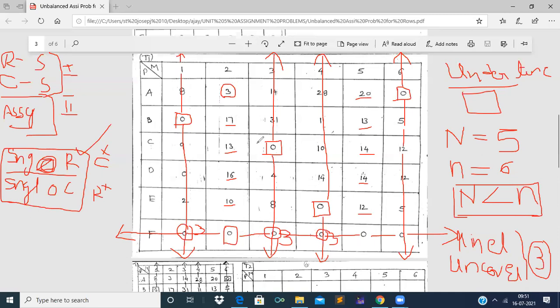Therefore, let us go for table 2. See here, columns 1, 3, 4, 6 of table T1 are being crossed, and the F row is also being crossed. So table T1 is being assigned, and capital N is lesser than small n. Therefore, we have searched for the minimum element of all uncovered elements, and now we have to subtract this minimum element 3 from all uncovered elements, and we have to add 3 to the elements which are at the intersection of the lines. Now, form a new table